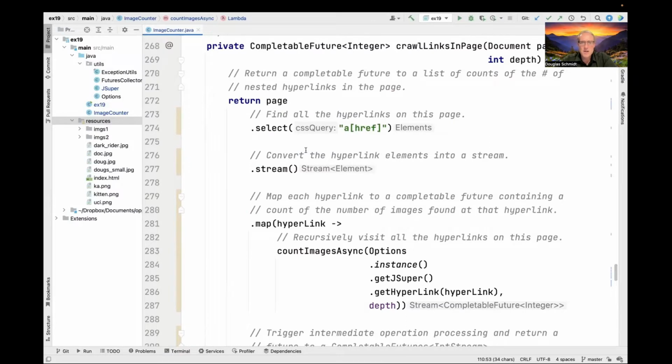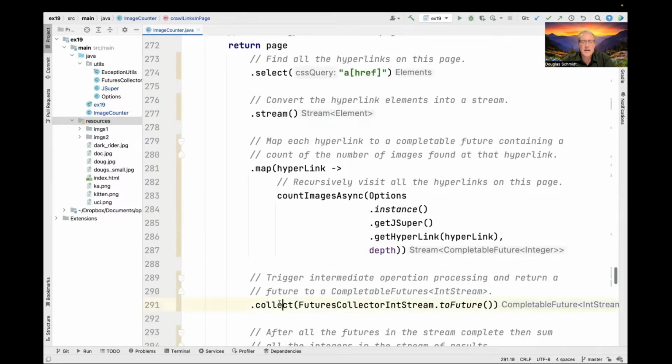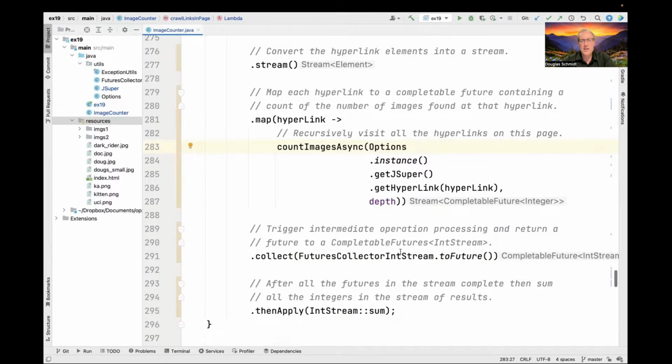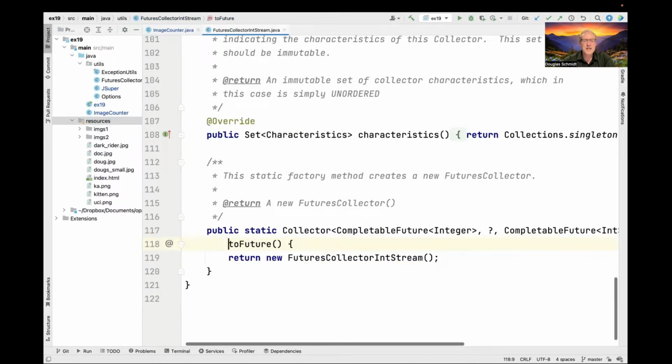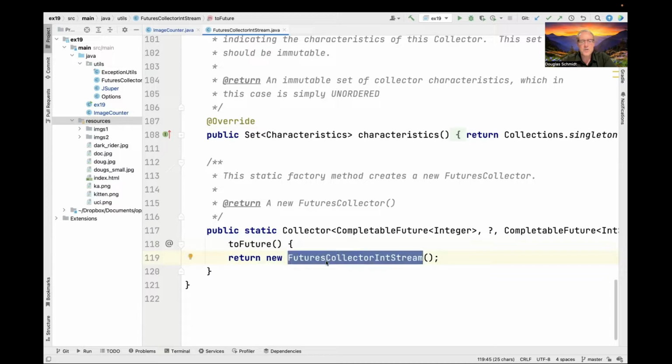So we're now back in my IntelliJ project, where we're going to take a look at the place where crawl links in page calls the collect method to take the stream of completable futures that have been generated by recursive calls to count images async, and then consolidate them all together into a single completable future by using the FuturesCollectorIntStream collector, which is a little redundant. But let's take a look at this. So here's the factory method that gets called. It's called toFuture, and as you can see, it returns a new